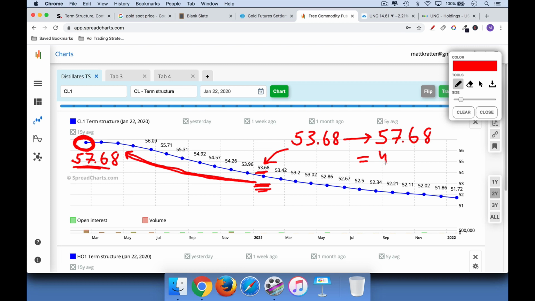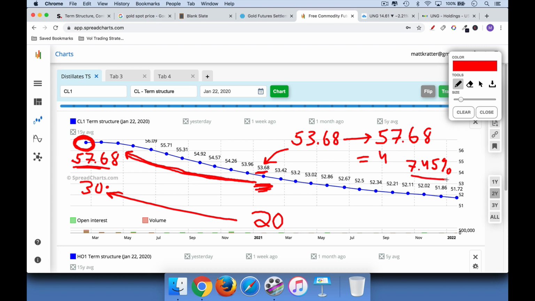So if we just take 4 divided by 53.68, you will make about 7.45%. And again, this is a long trade. This is a position trade where you basically buy these futures. You don't have to roll them or anything, and you hold them close to expiration and you roll up the curve. And this is what I was doing in the early 2000s. We were able to buy crude oil for around 20 here, and the spot price I believe was around 30, may have been high 20s, and it was absolutely amazing because you could roll up the curve. You could make 50% over a year or two.